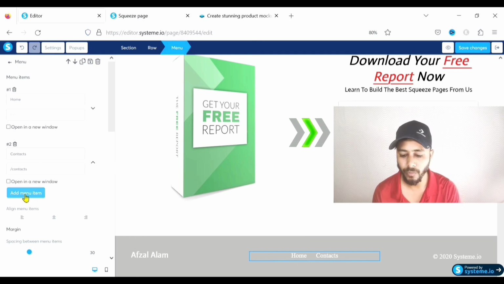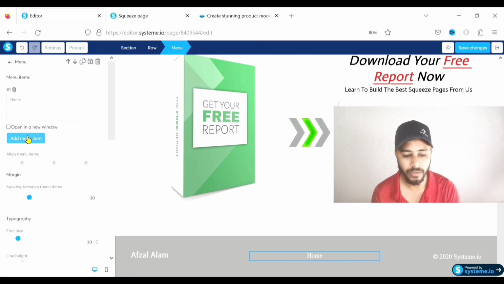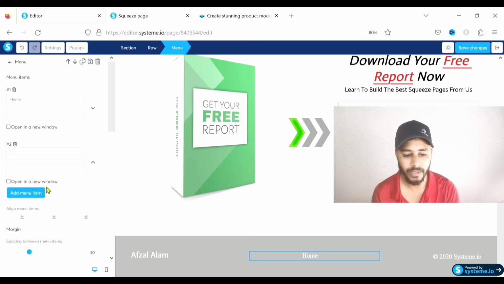As you can see, if you click on this add menu item, one more menu item will be added here. Right now only two menu items are there. First is home, second is contact. So if you want to delete one of them, you can delete from here, and to add a new one, you can click on this add menu item, and you can give that menu item a name from here, title from here, and you can paste the link so that your leads can click on that menu item and go to that link. So let's say I will